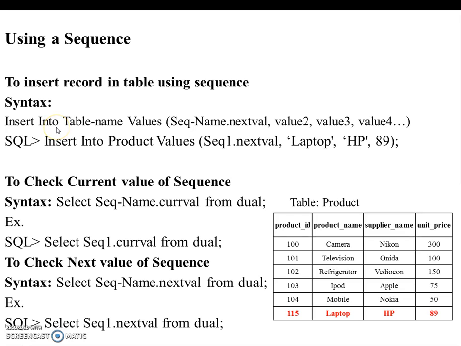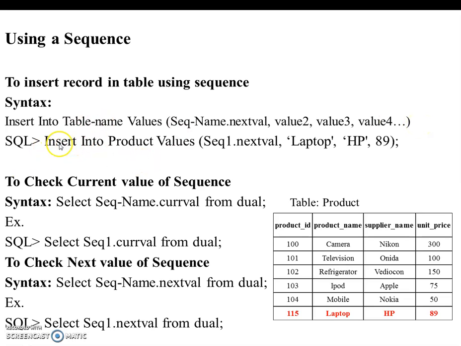Generally, the insert into statement is used to insert a new row within a table, but using this insert into statement, I will directly use my sequence name over here: insert into table name values sequence name dot nextval. Here, nextval is the attribute of that particular sequence which is used to insert the next value of your sequence. And then these are the rest of the tuple values which I will insert.